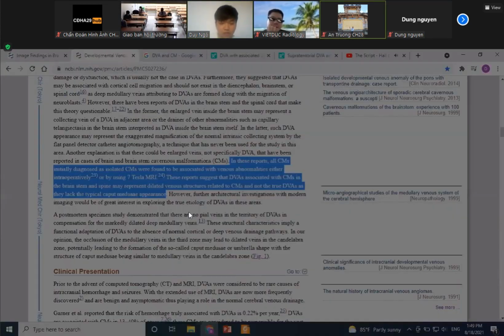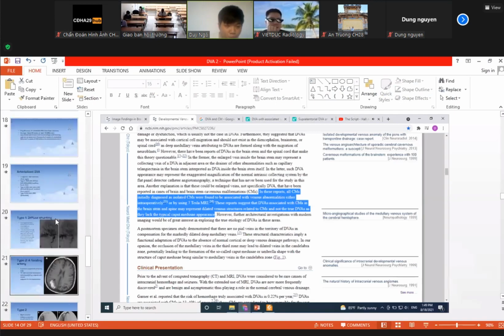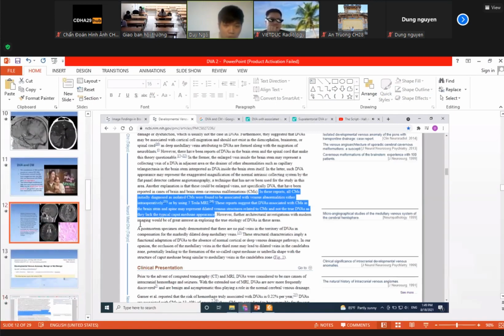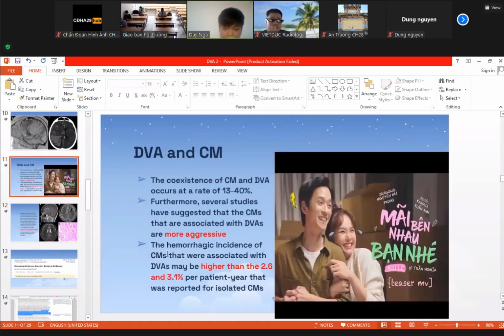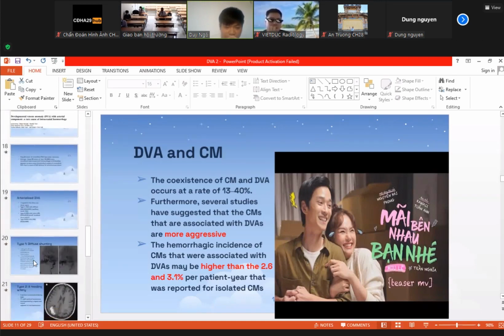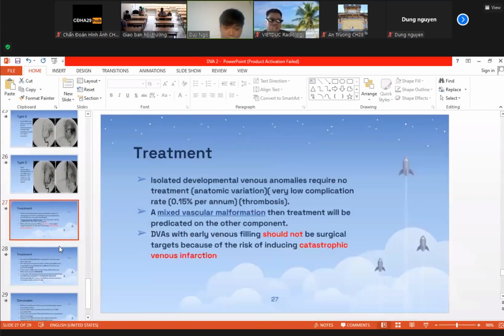You can see here on CM, the rate of hemorrhagic incidents for cavernous malformation associated with DVA is higher, between 2.6 and 3.1 per patient per year. But in type 3 of DVA,